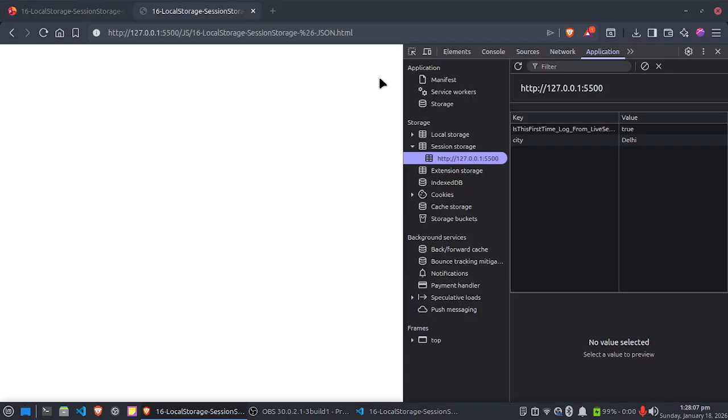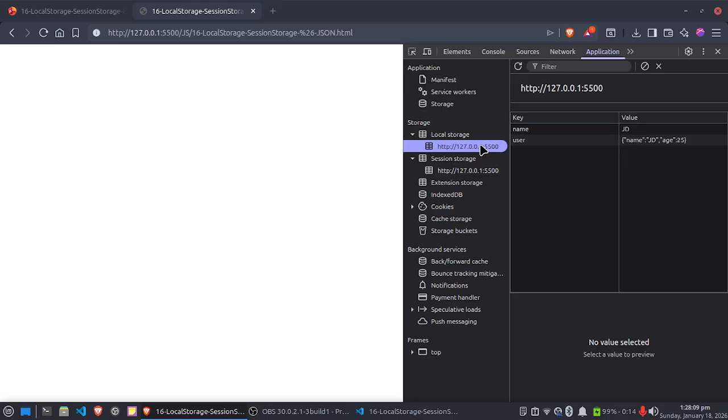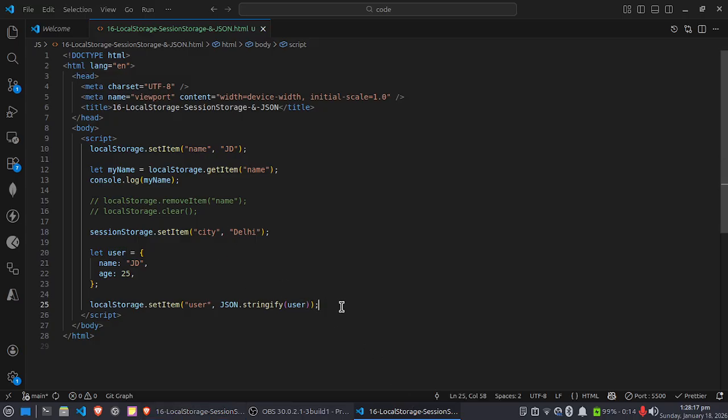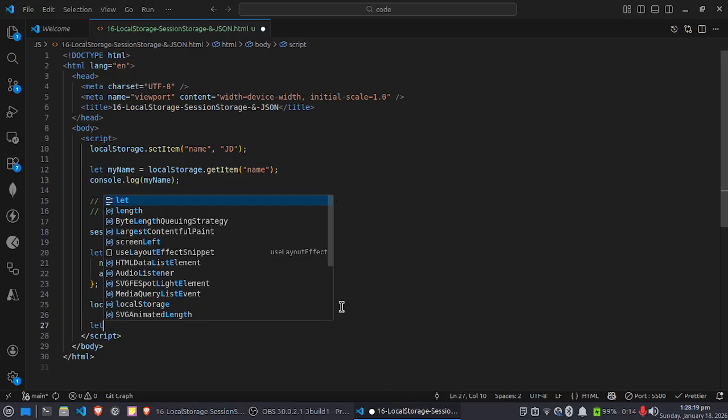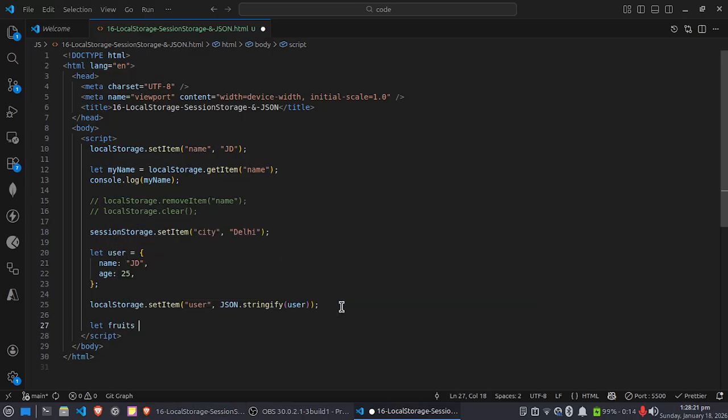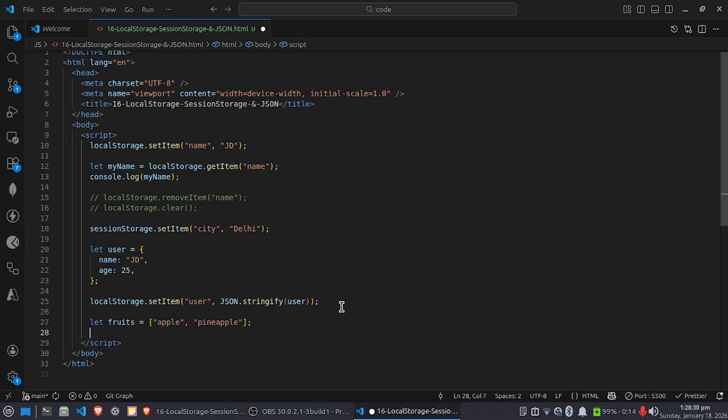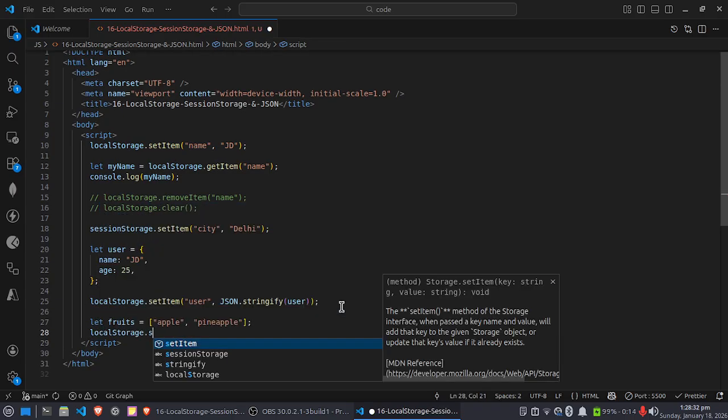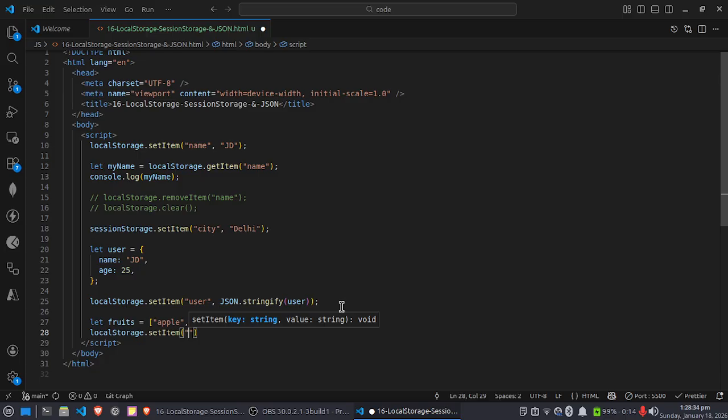So let's see here in the local storage. If you see user, the user object is saved here, name is JD and age is 25. We can also store the array format. Let fruits is equal to apple, pineapple. So if I want to store, localStorage.setItem, fruits data